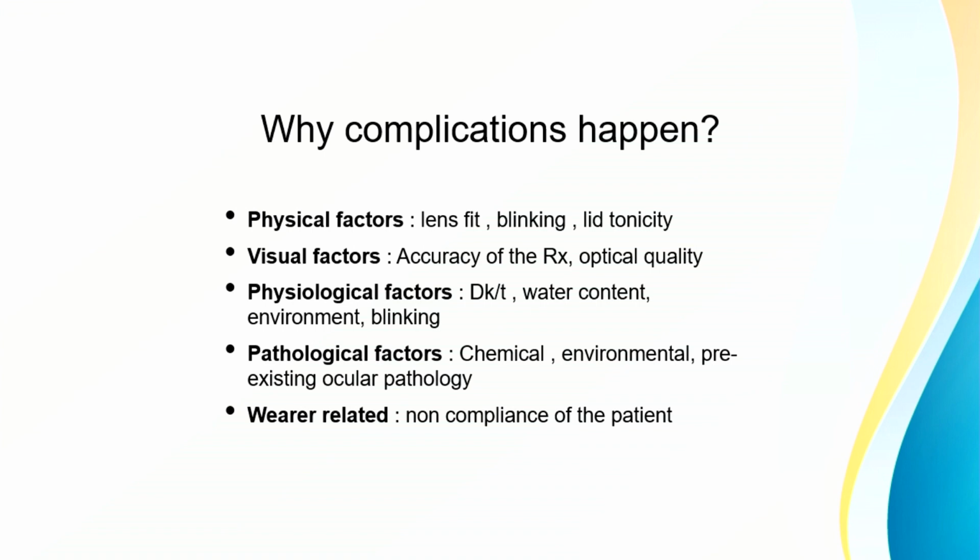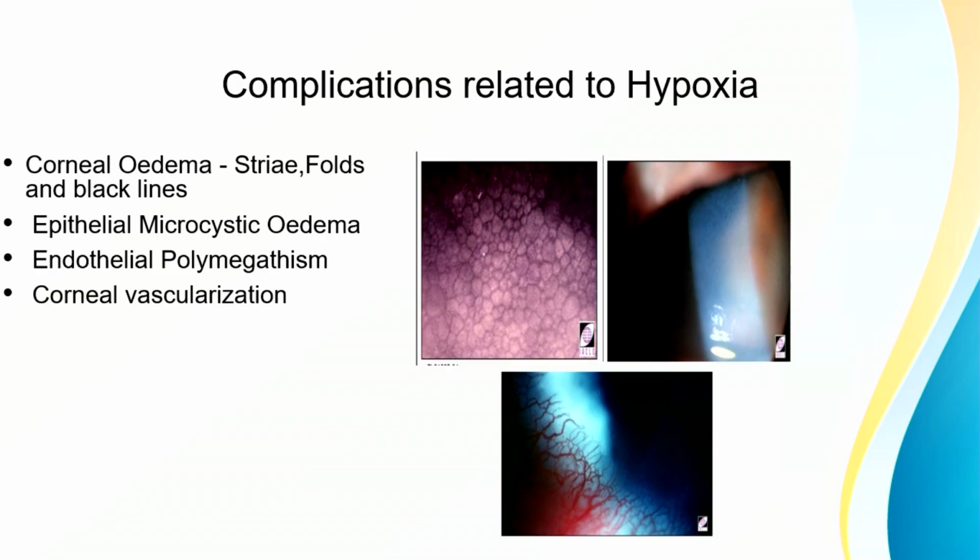And pre-existing ocular pathology, like MGD, where we just ignore it and give a contact lens, again they come up with blurred vision. And wearer related, yes, of course the non-compliance of the patient always goes into the complication aspect only. So I have just classified into a few factors. First we can just see something related to hypoxia,